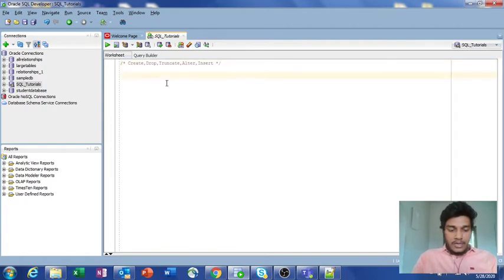Now I want to create a database first of all, so I am not saving it for now. There is a command for creating a new database as well as for connecting to or using a particular database, and those types of commands you can use in MySQL or something else. But in SQL Developer, we already have a database present behind it, and we connected both SQL Developer and the database using a new database connection that we did in the previous lecture.